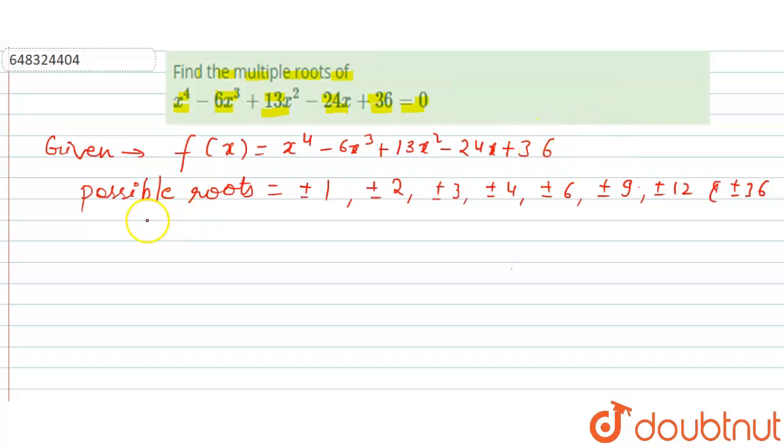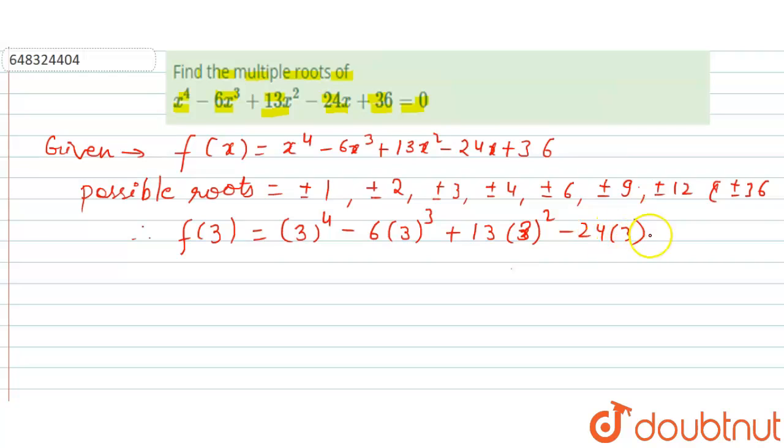So now let's start with plugging in a point. I'm just taking 3. Let's plug f of 3 into the given biquadratic equation. We have to place 3 at the position of x in f of x. When we plug in any possible root from the factors of the constant value 36, if it gives us 0, then we can say that x minus 3 could be a factor of this biquadratic equation. That gives 81, and this will be 27.